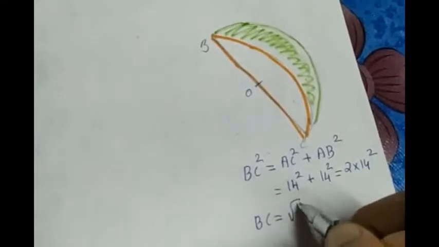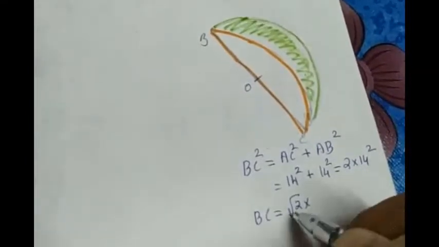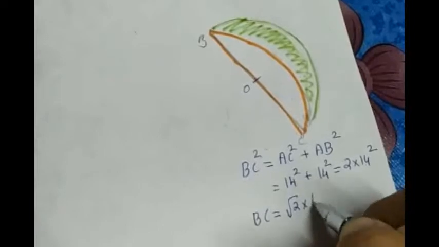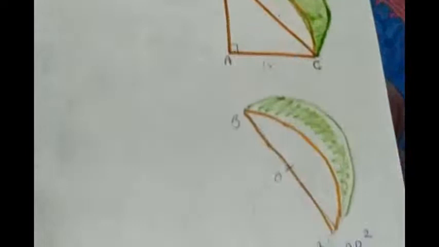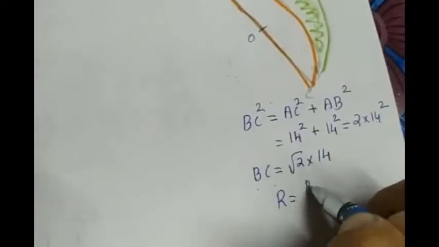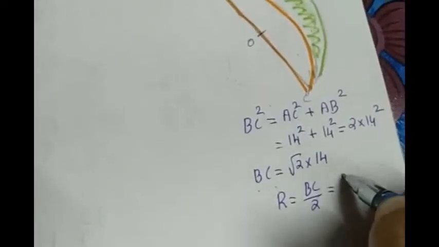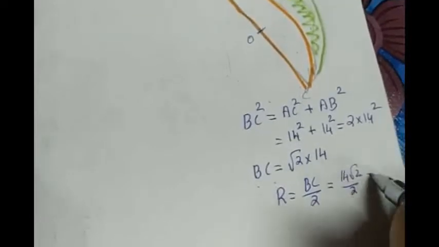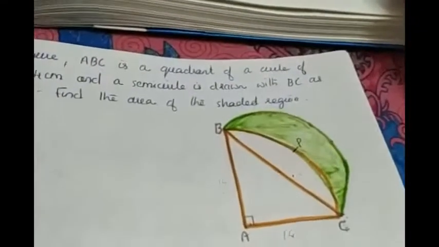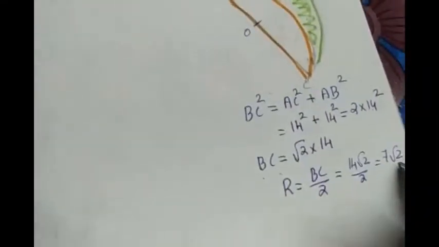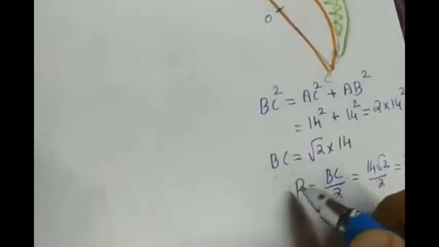BC is root 2 into square root of 2 is root 2, and square root of 14 square is 14. BC is actually the diameter of the biggest circle. So the radius will be BC divided by 2, which is equal to 14 root 2 by 2, which is 7 root 2. Again, 7 root 2 is a value smaller than the given radius 14. So we can take the smaller one as the radius, and the bigger radius as the given radius, which is 14